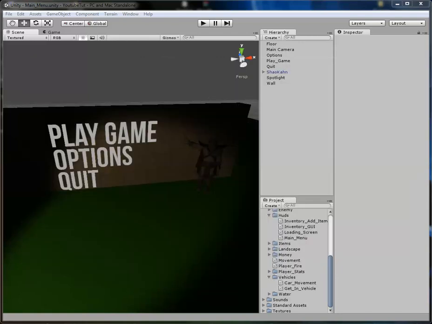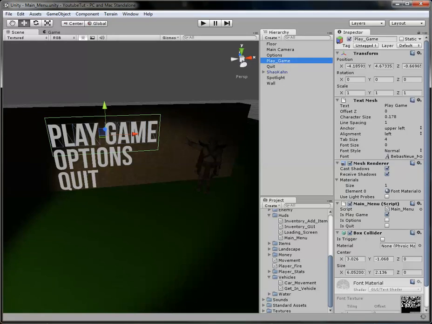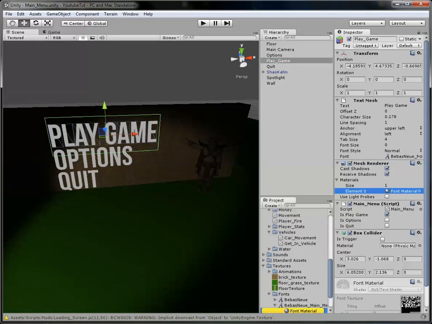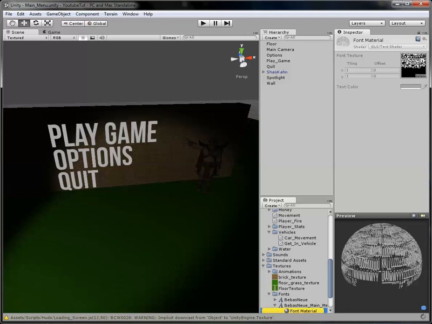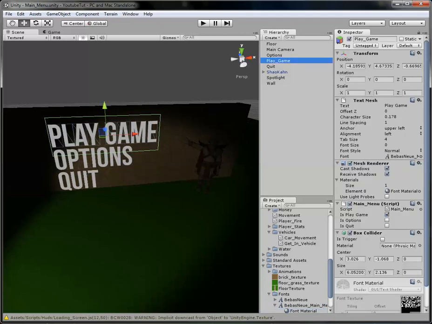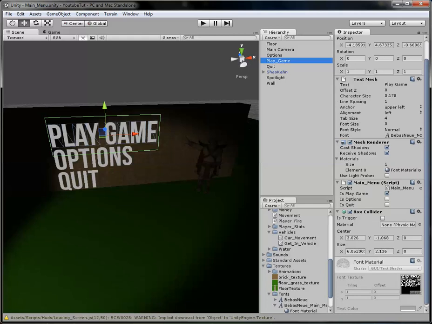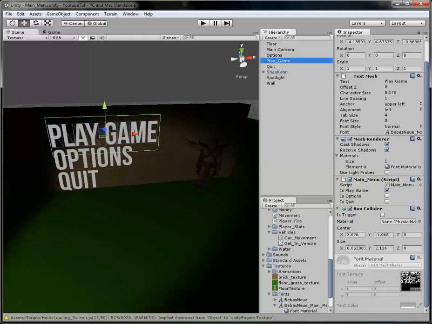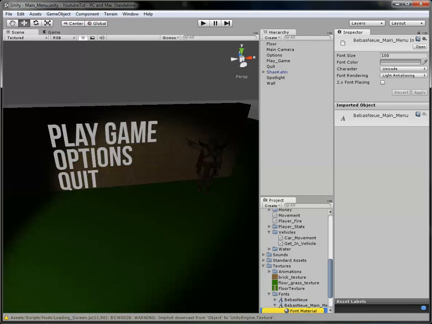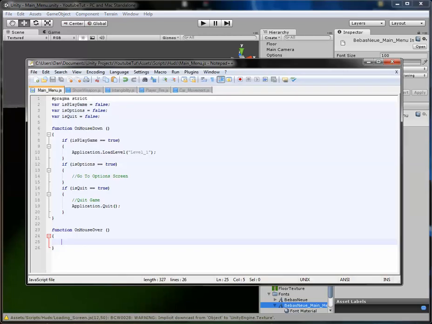So if we go back to one of these texts and click the material, as you can see the material has a text colour. Or if we go back to this one, material.renderer here is a much easier one. I think it's that one. Yeah, we can basically change the colour of this. You can't see it, but we can change the font colour here really easily. But we are editing the font. So to do this, you type